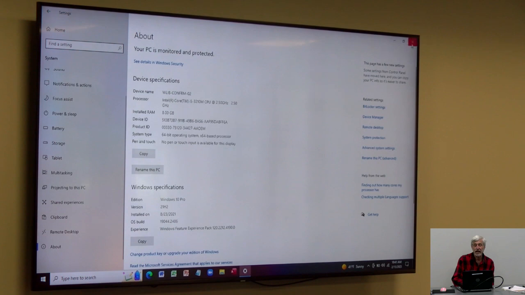So I'm going to look for the X at the top right-hand corner, and I'm going to close it. Actually, this would be a good time to show you one other thing, too. I have one question. Yes, ma'am. When you want to name your computer, you... Not exactly. Do you see right here where it says rename this PC? Oh, I see, okay. You click on that,